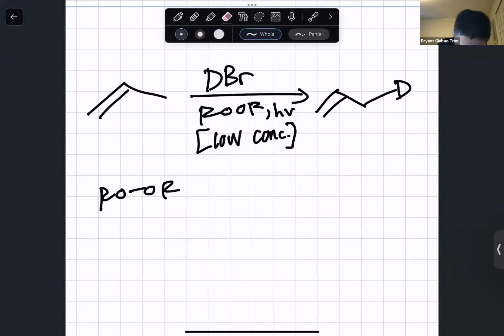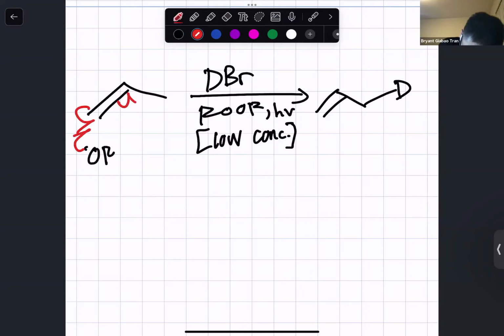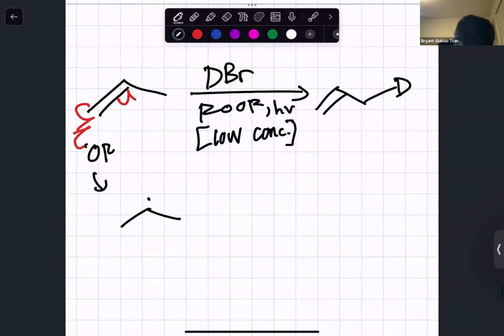Like how the OR radicals get formed already? Yeah, I know that. So that's going to be that radical there. This is the original one, the one we're used to. Once we get that, now we bring in the